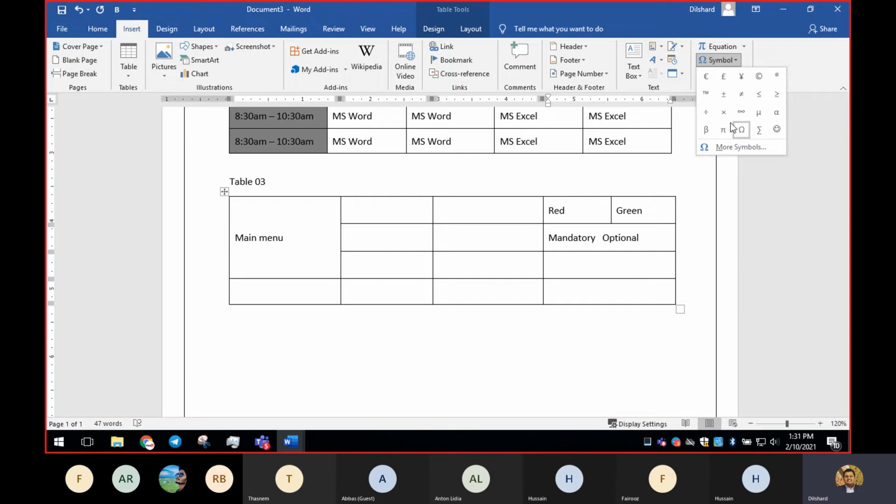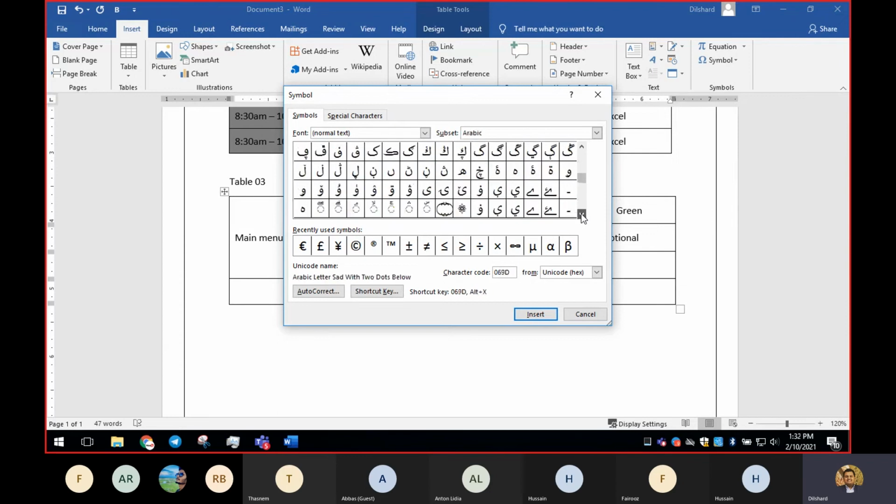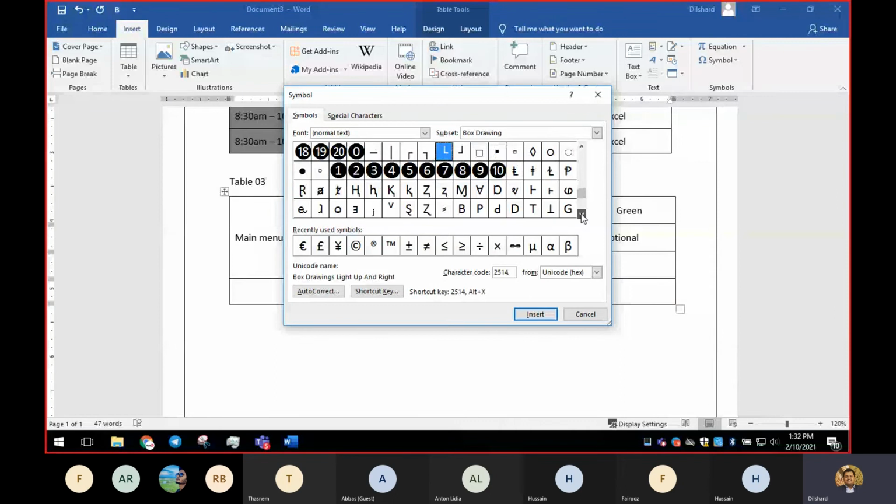We have more symbols, but you can't access them from here. We have to go to more symbols. Then you will be taken to this window. Here we have a huge number of symbols, which change according to the font style. See, there are some Arabic letters and many other things, right?